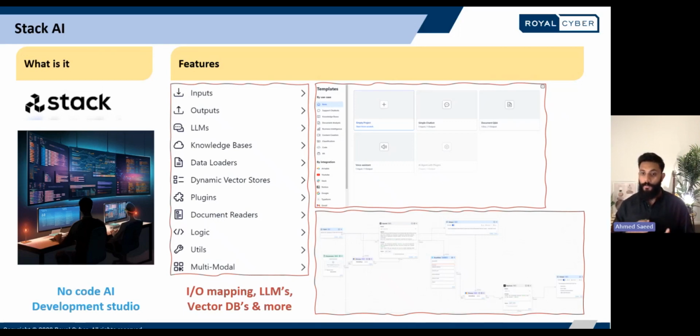There are a lot of pre-built templates here to get you started, so feel free to check it out at stackai.com. Now, this is where we have hooked up Dolly, and as you go through the demo later, you'll also see GPT 3.5 Turbo added to the mix to show that extra flexibility of Stack AI, where you can quite literally stack things on top of each other based on your use case, which is pretty fun.